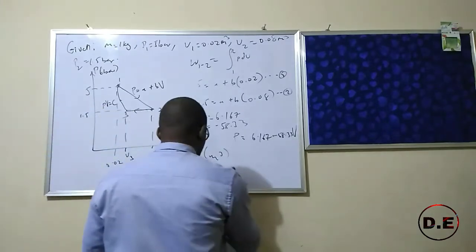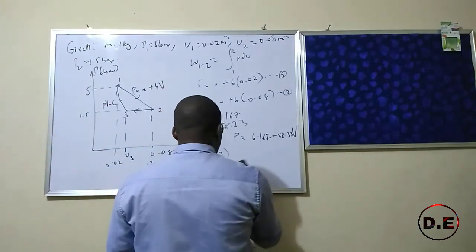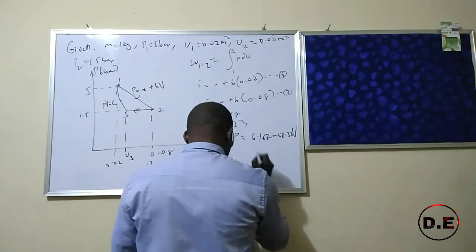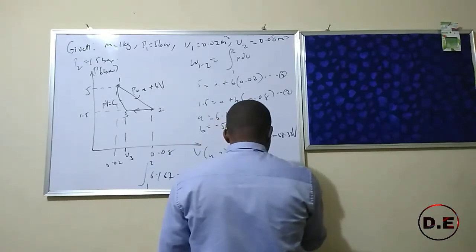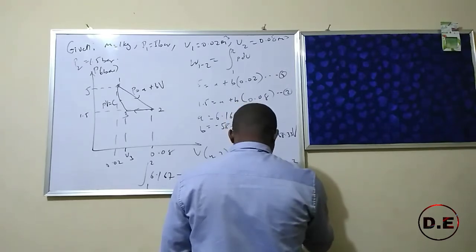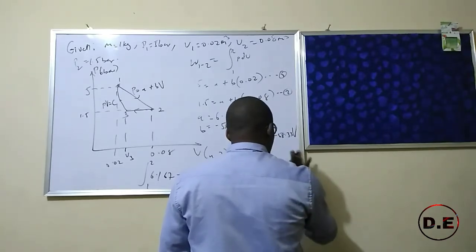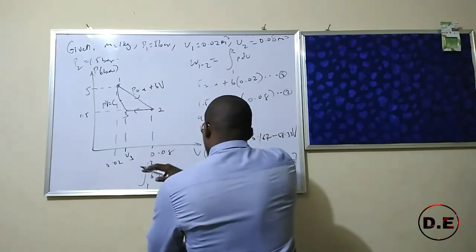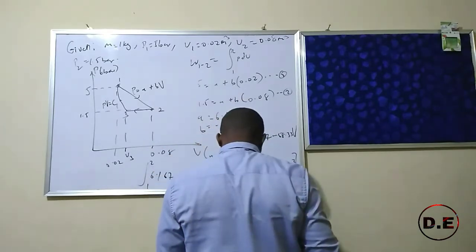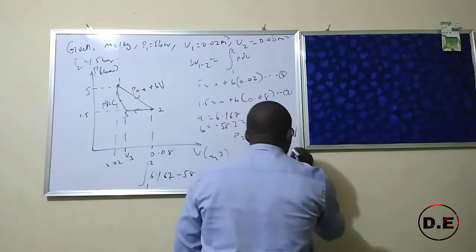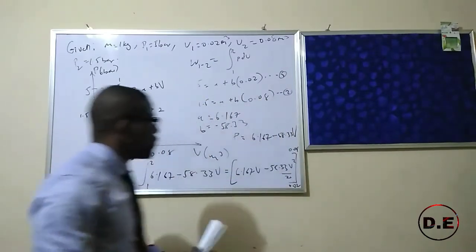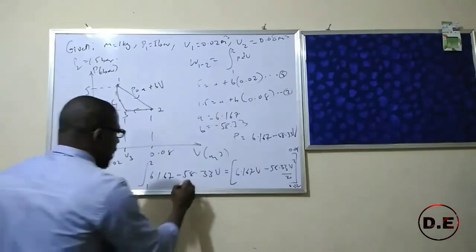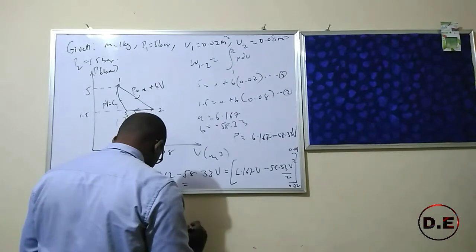If I do that integration, the integral becomes 6.167 V minus 58.33 V squared over 2, taking the definite integral from state 1 to 2, that is V1 and V2, which are 0.02 and 0.08. If I substitute these two values to evaluate the definite integral, I will have the work to turn out to be